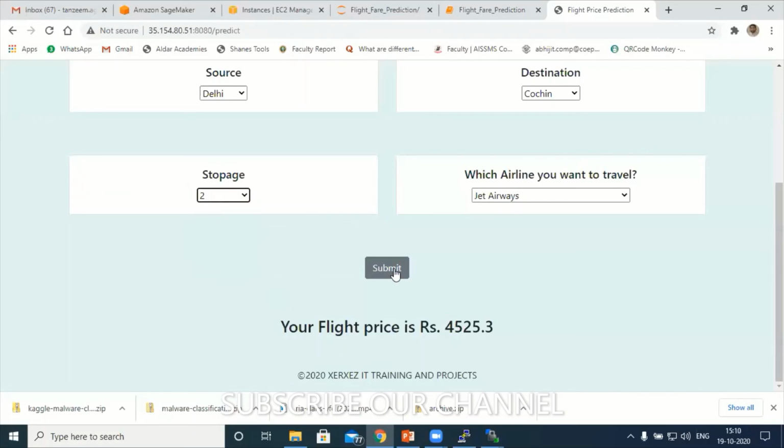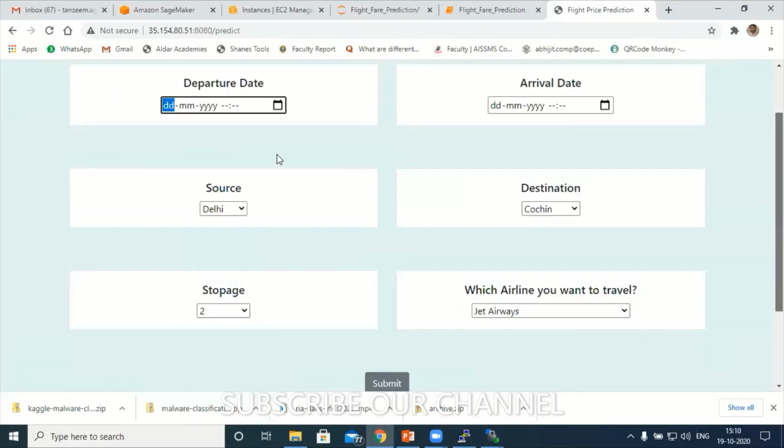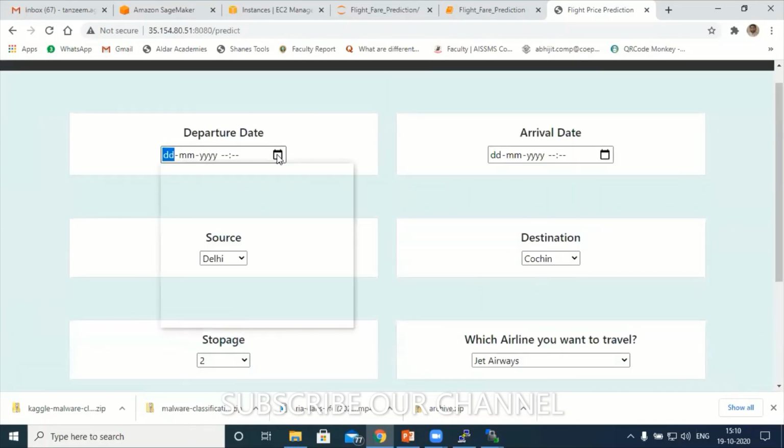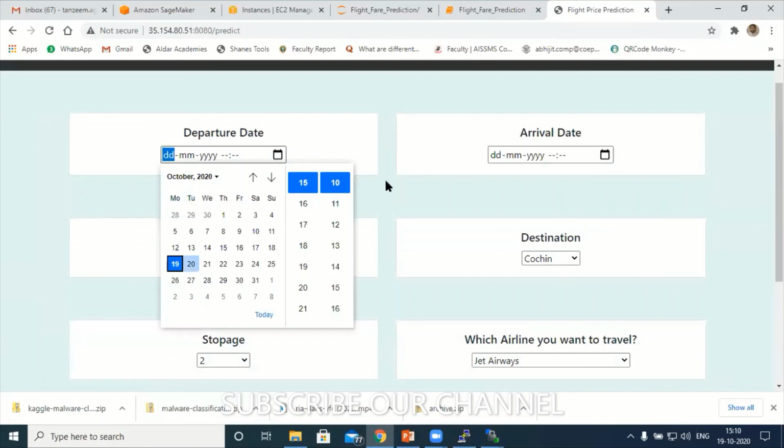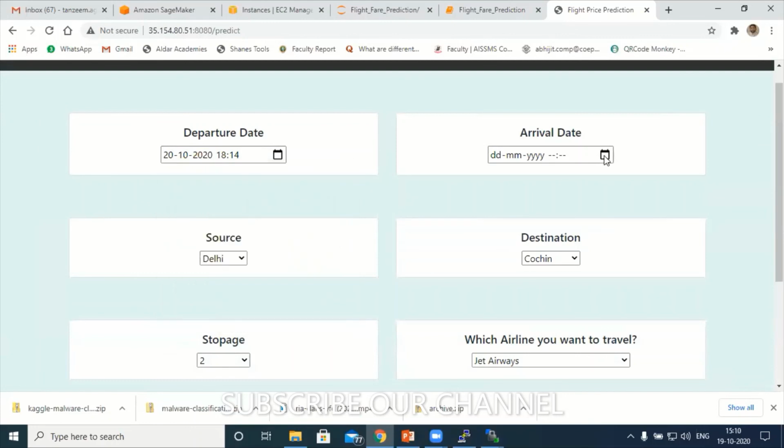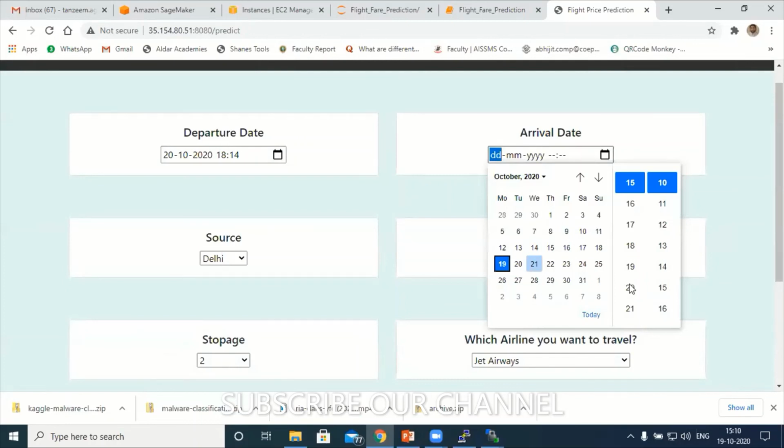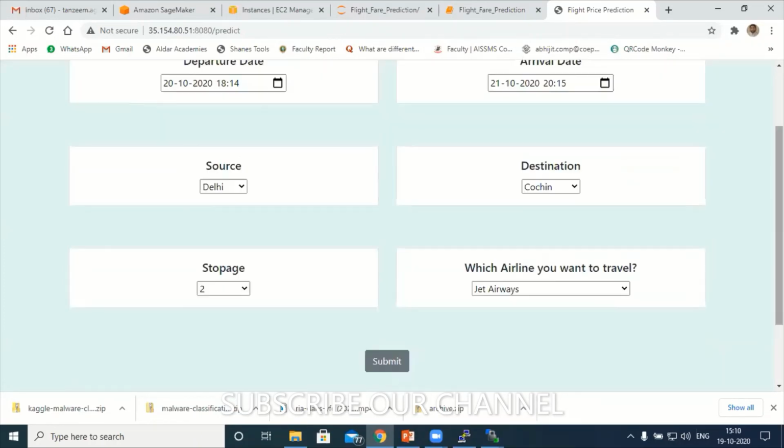Submit. Okay, again these things are also required. Let's have departure date 20, 14, and the same way here also, 21, 2015. Next is Delhi, I don't want Delhi.